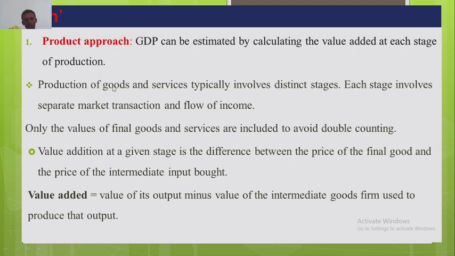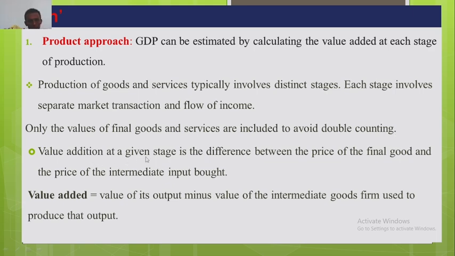ደግሞ ምን አለው የራሱ የሆነ separate transaction ማርኬት አለው as well as flow of income አለ እያንዳንዱ ስቴጅ ላይ የምንጨምረው ዋጋ አለ ማለት ነው በዛ ስቴጅ ላይ የምንጨምራትን ዋጋ በመደመር ነው GDPን ካልኩሌት የምናደርገው according to product approach. Only the values of final goods and services are included to avoid double counting. ለዚህ ነው በየስቴጁ የሚጨምረውን ዋጋ ብቻ የምንደምረው ምንድነው double counting እንዳይፈጠር ነው ማለት ነው። ሁሉንም ዋጋ ምንደምር ከሆነ double counting ይመጣል። እሱ እንዳይመጣ ከአንደኛ ስቴጅ አፍቶ እስከ መጨረሻ ስቴጅ ያለውን በየስቴጁ የሚጨምረውን ዋጋ ብቻ በመደመር ነው GDP ካልኩሌት የምናደርገው